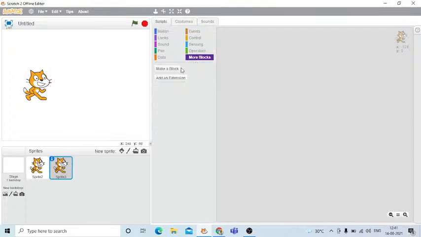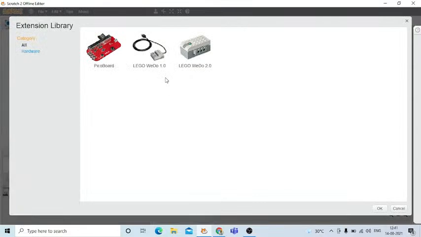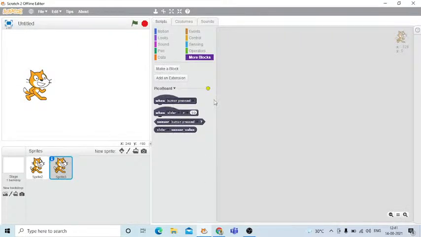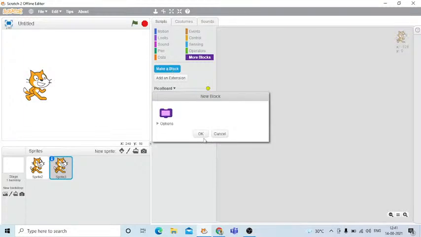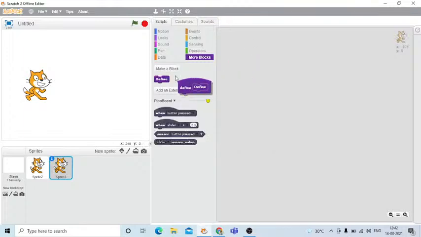you know, I found something, that you can make an extension as well as a block. Suppose I want to make this extension. So okay, now you can see when this button is pressed, this is an extension, and if you want to make a block, you can name your block. Suppose I want to name it as define. Click on OK, and then you will see this block,